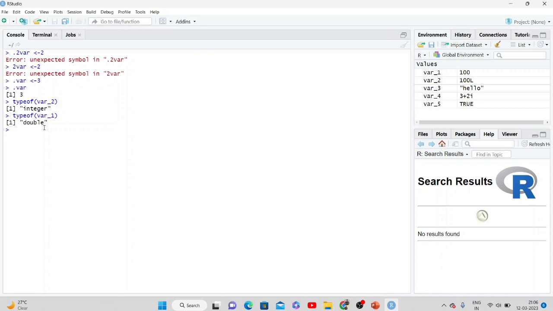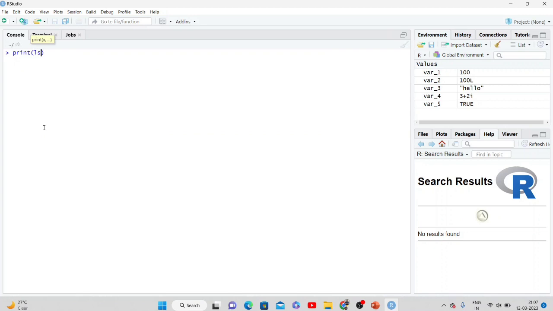And one more thing that we have learned: if you are starting the code here and you want to know what different variables are available, then you can just write ls. So it is printing these 5 variables, or you can use pattern var.